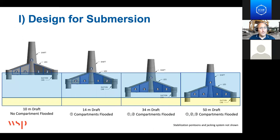So here quickly, the design for submersion. We have about 4 different typical phases. One is, of course, the float out and positioning the structure above its installation site. And then the legs, they are acting as buoyancy bodies themselves, with additional buoyancy that is not shown right now. For submersion, you would start to partially fill the legs with water, and you see that with chamber 1, the first one, to a draft of about 14 meters, and then the second chamber 2 to